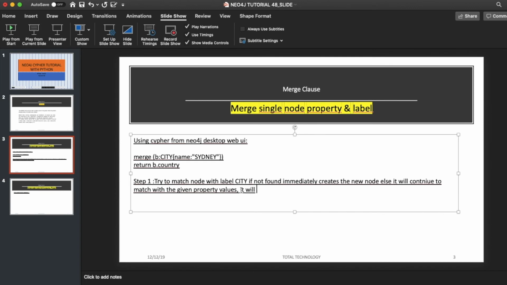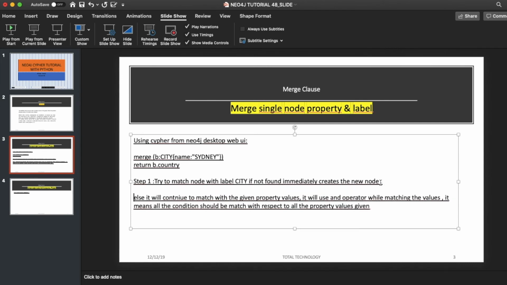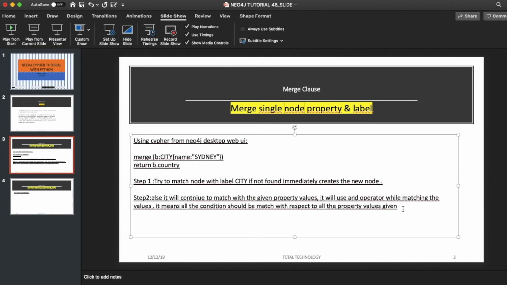It will use the AND operator while matching the values. It means all conditions should be matched with respect to all the property values given. I think this is going to be step 2. Okay, step 3,